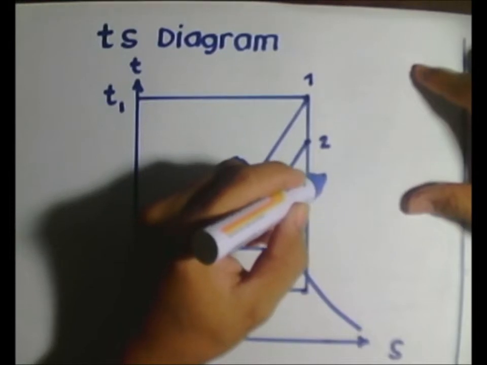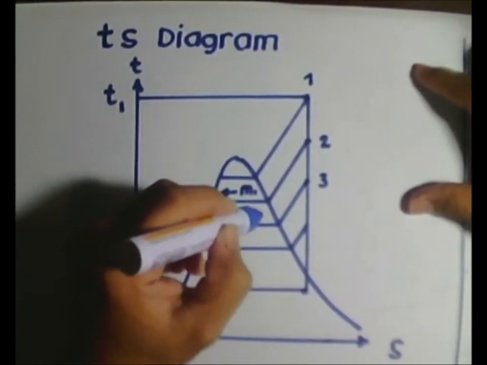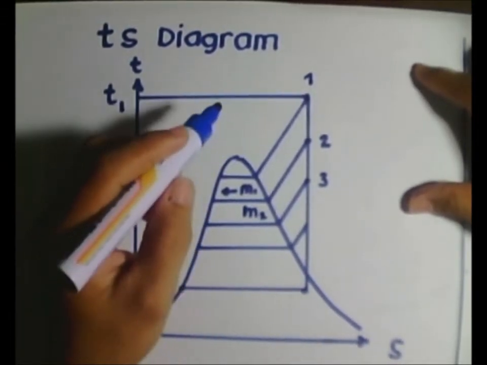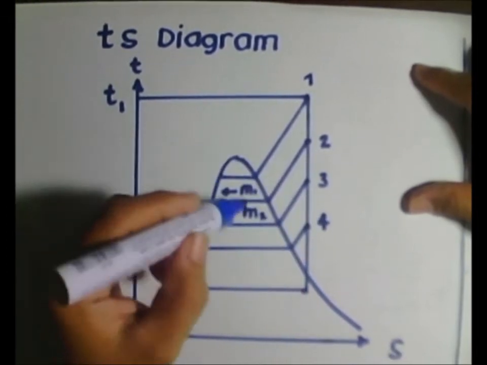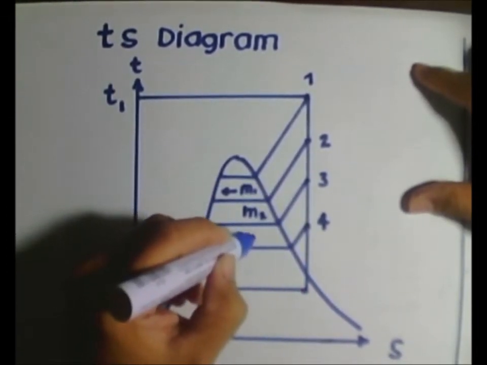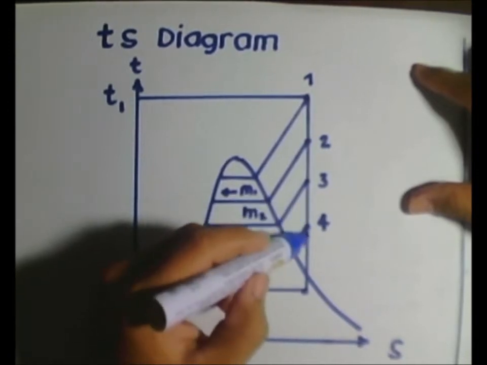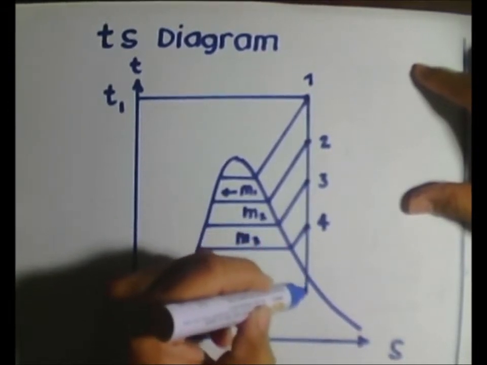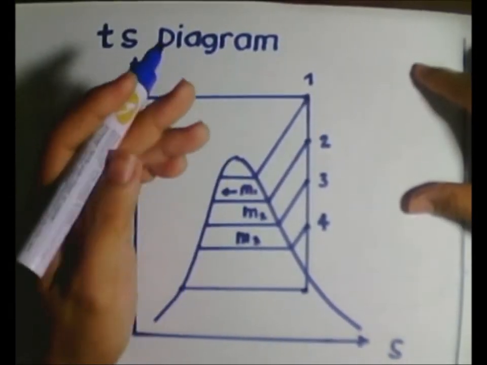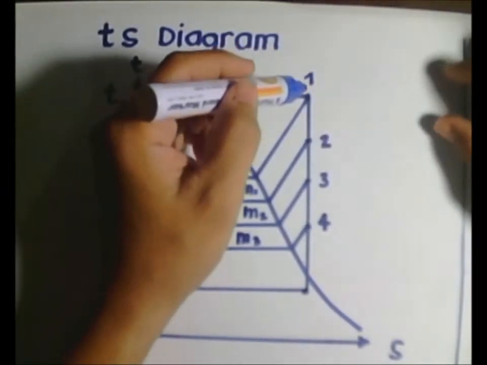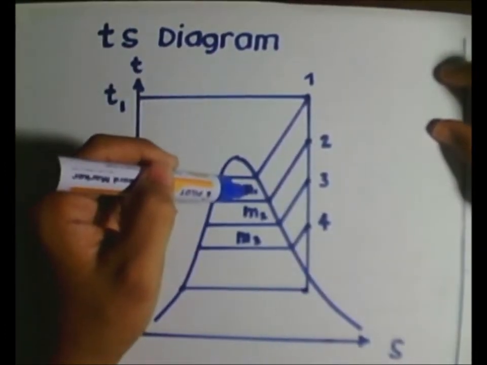And at point 3, M2 is taken out. And at point 4, M3 is taken out, such that what continues to go to our condenser actually is whatever mass we have here that enters the turbine less M1, M2,